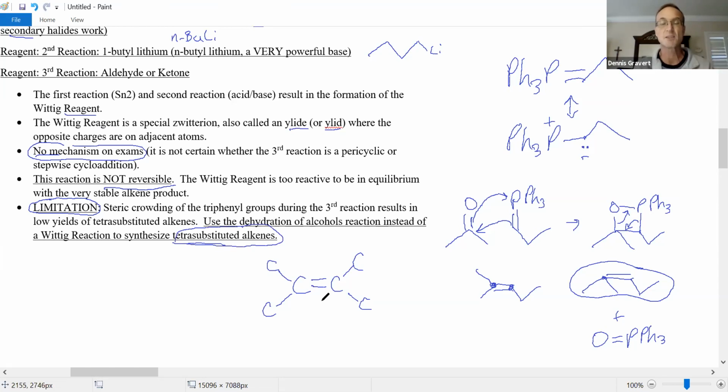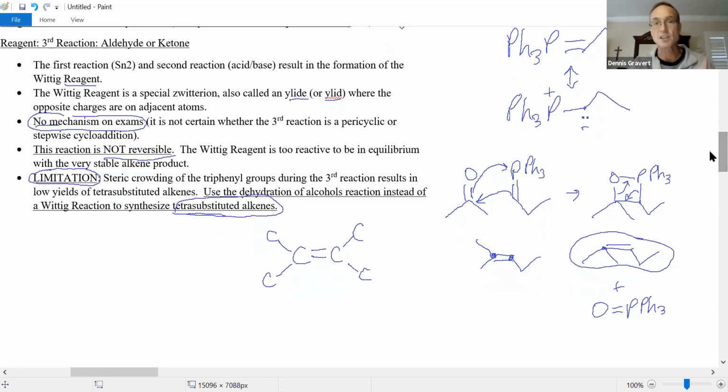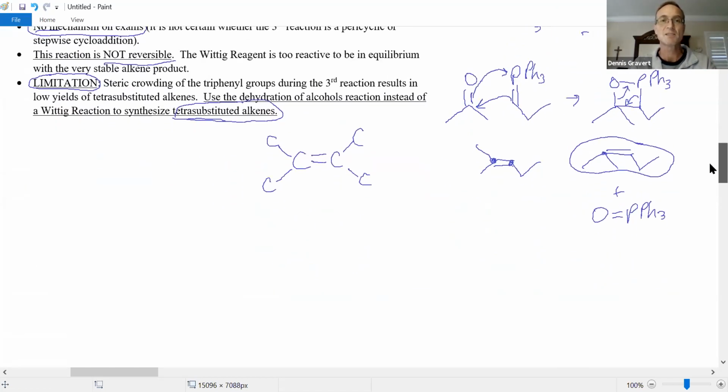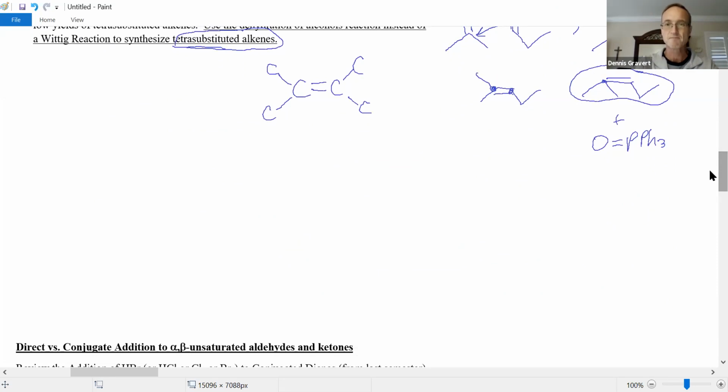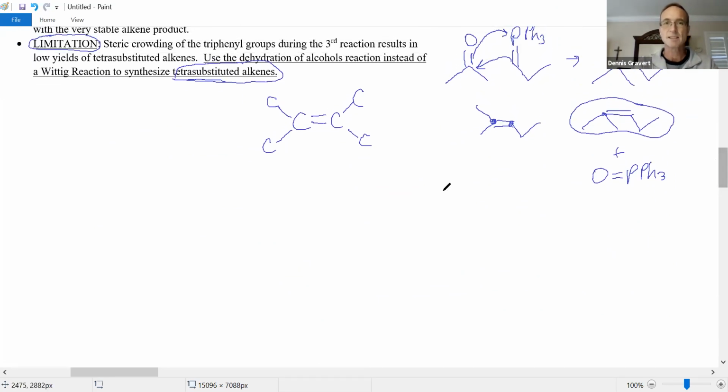And it turns out it's very difficult to make them by a Wittig reaction because of the 3 phenyl rings, it makes the Wittig reagent really bulky. And it's difficult to make. So last thing about the Wittig, if you were to try and take this molecule and react it with this Wittig reagent,